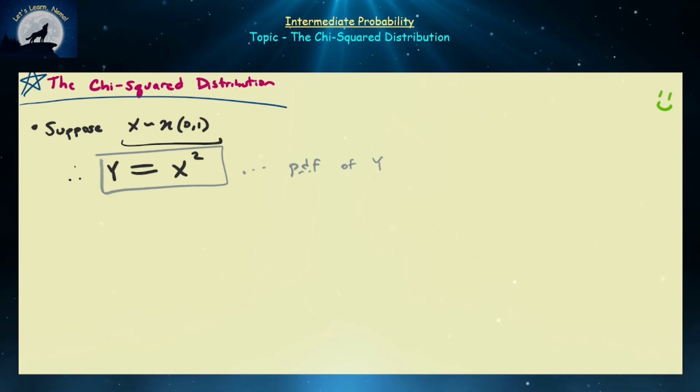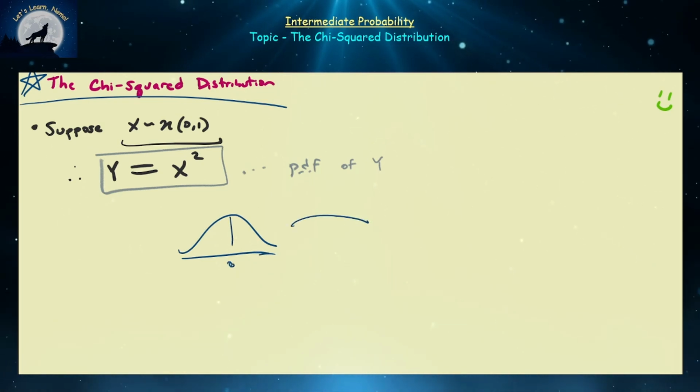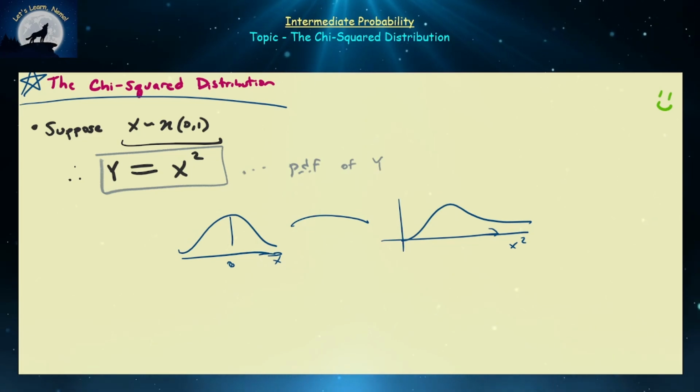A couple of things to start. We have a standard normal random variable, centered around 0, and we're going to be squaring this random variable, so we're going to have x squared. Obviously this is going to range from 0 to infinity and have some shape like this, because if x belongs to minus infinity to infinity, as a normal random variable typically does, then x squared is going to belong to the left-bounded interval 0 to infinity,